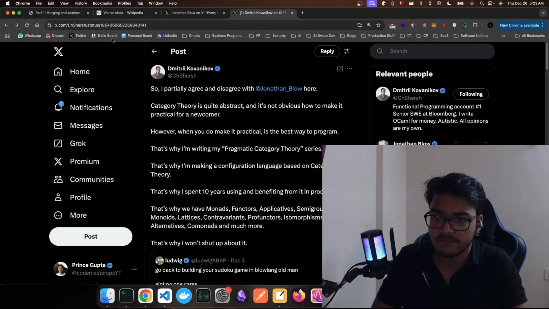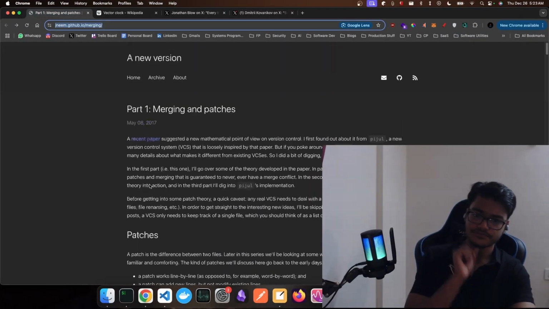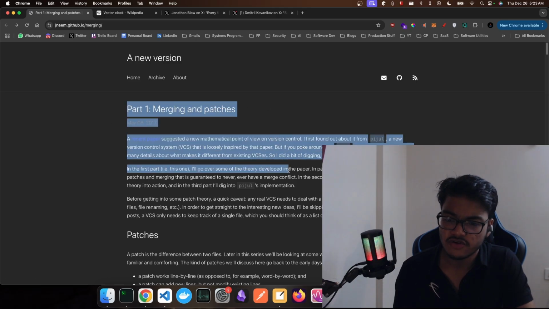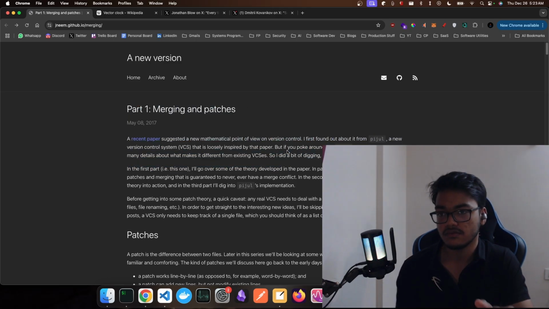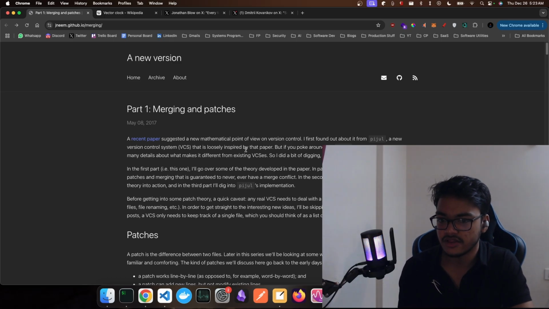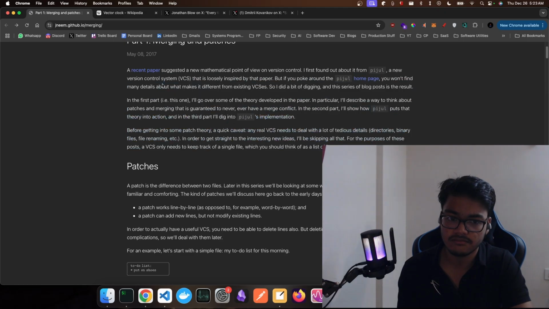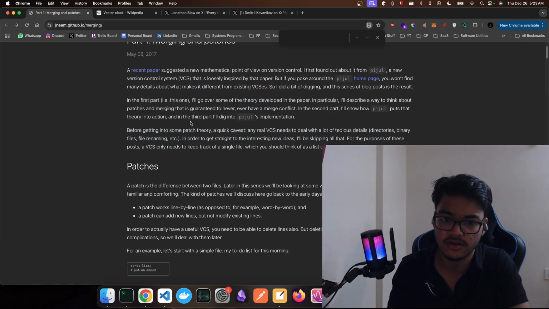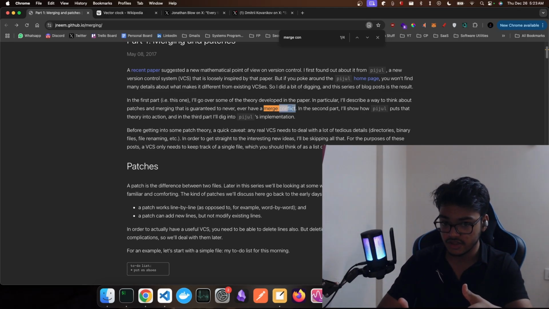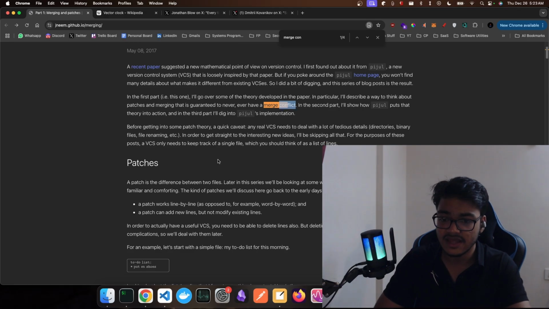Actually, let's start with the example. So this is a blog on version control using category theory. So it turns out you can model VCS in terms of category theory. And this article had some very huge claims that you'll never have a merge conflict. Guaranteed to never ever have a merge conflict. And so I was very intrigued: oh wow, can we model using category theory and never ever have a merge conflict? And then it turns out